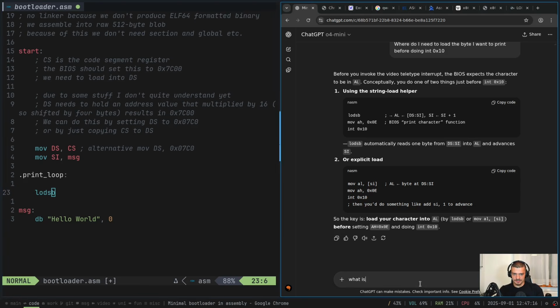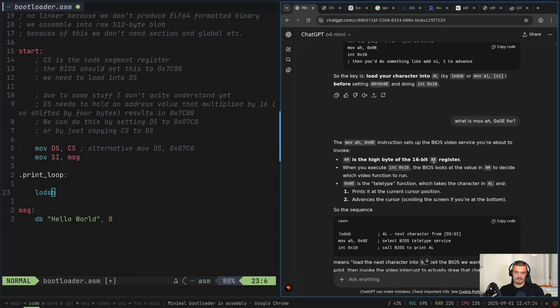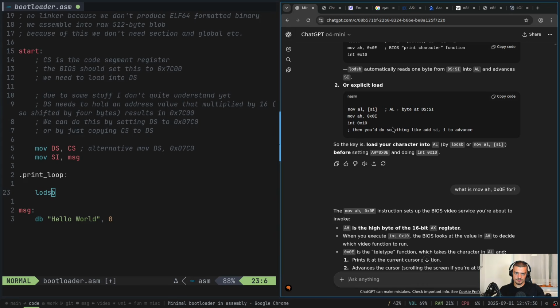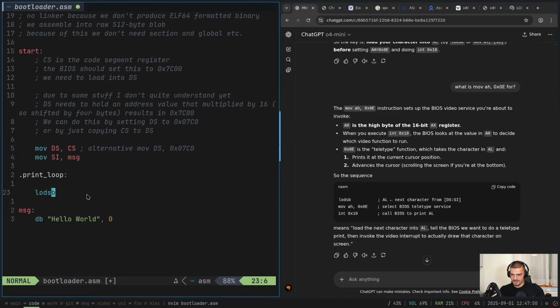So what is mov AH, 0x0E? High byte of the AX register. When you execute this in the BIOS, the BIOS looks at the AH to decide which video function to run. Okay, this is just a syscall, basically, like a syscall to the BIOS. So I think if I do this and I then do this, which is just a call, and then I call this, then I need to check